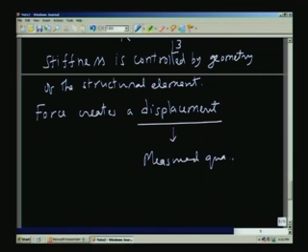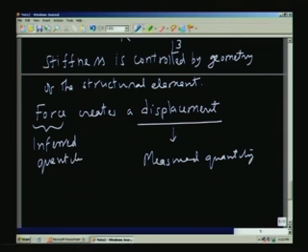So, this is just to highlight that the displacement is the measured quantity and the force is the inferred quantity. So, we are measuring force, or inferring or estimating the force, by measuring its effect in terms of a displacement. So, this actually is a transducer, as you can see. You are converting force into a displacement and therefore, it is a transducer. Let us look at one last element.